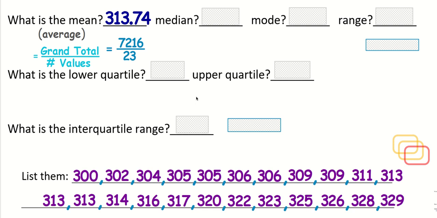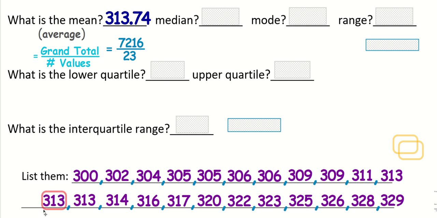The median is basically the middle number. So when you put all the numbers in order, and that's something maybe you want to write down, the numbers have to be in order when you find the median, because you're looking for what number's in the middle. Okay? So in this case, the middle number,